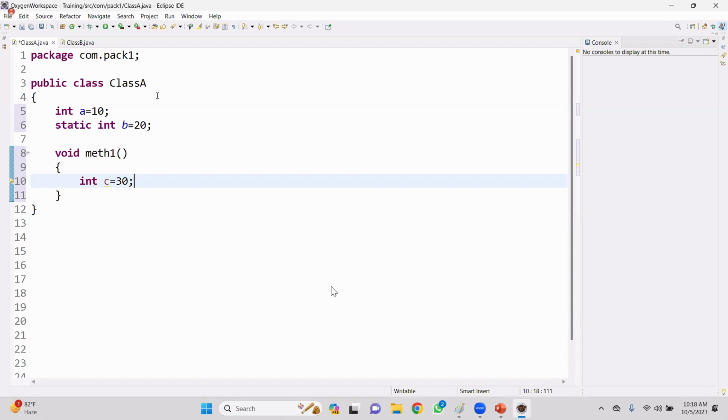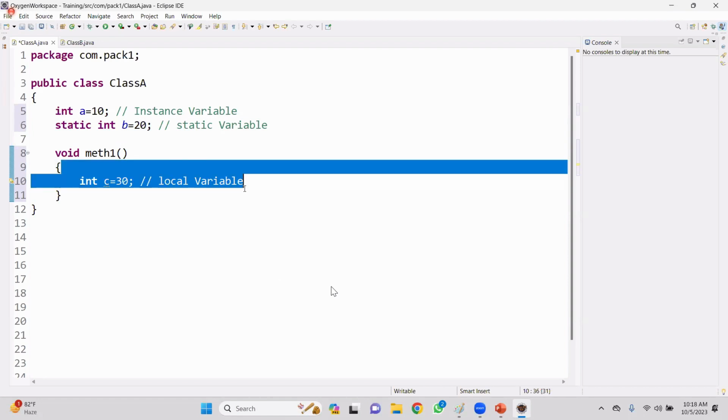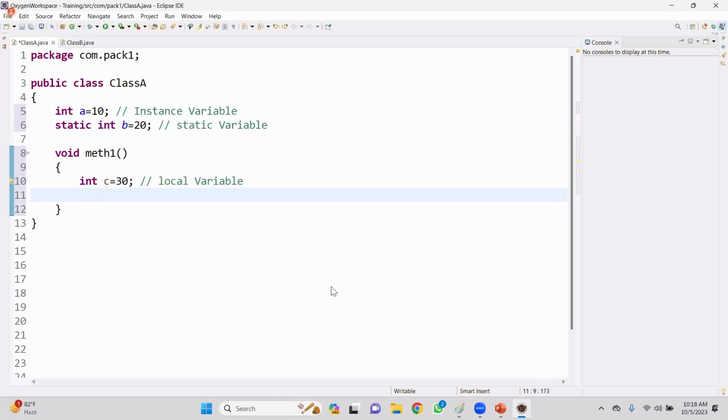Okay, now tell me, this is which variable? That is correct. Instance variable. This is instance variable. This is static variable, and this is local variable. That is correct. Okay. Now I'll do one thing. For example,